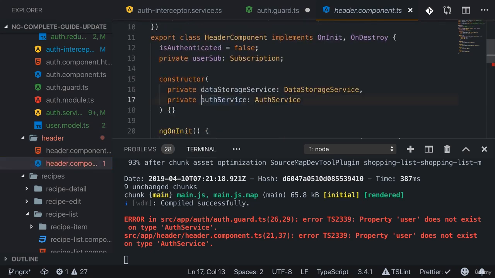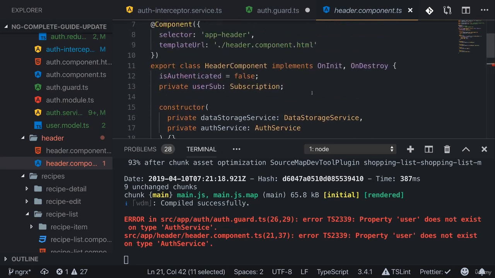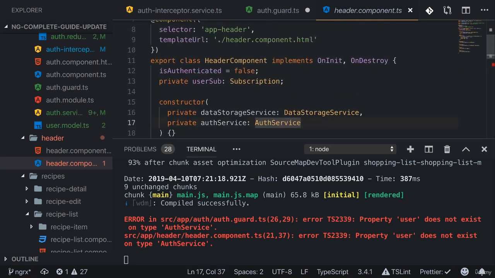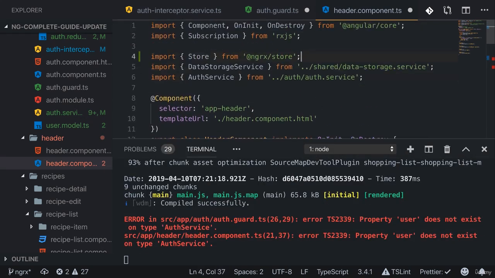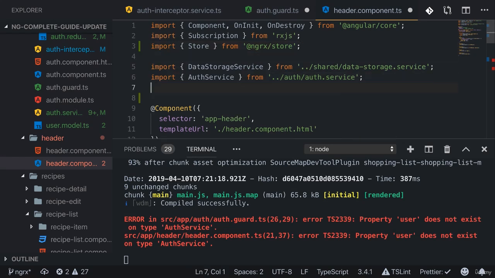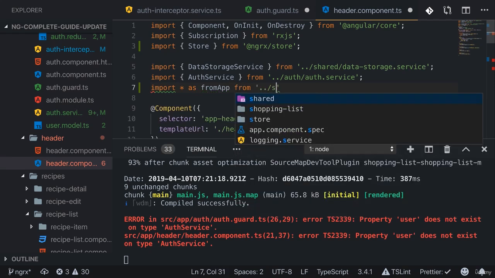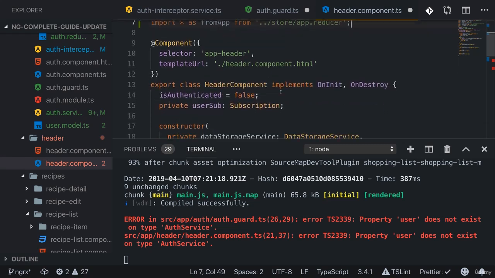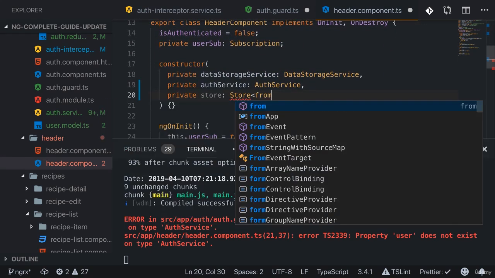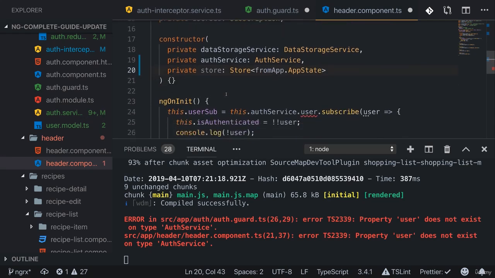There, I'm also interested in my auth service and in my user. I subscribe to changes in my user, and therefore we should do the same here. Now by injecting the store, just as before, imported from @ngrx/store, and also just as before, we should import our app state from the app reducer in the store folder so that we can assign this type here